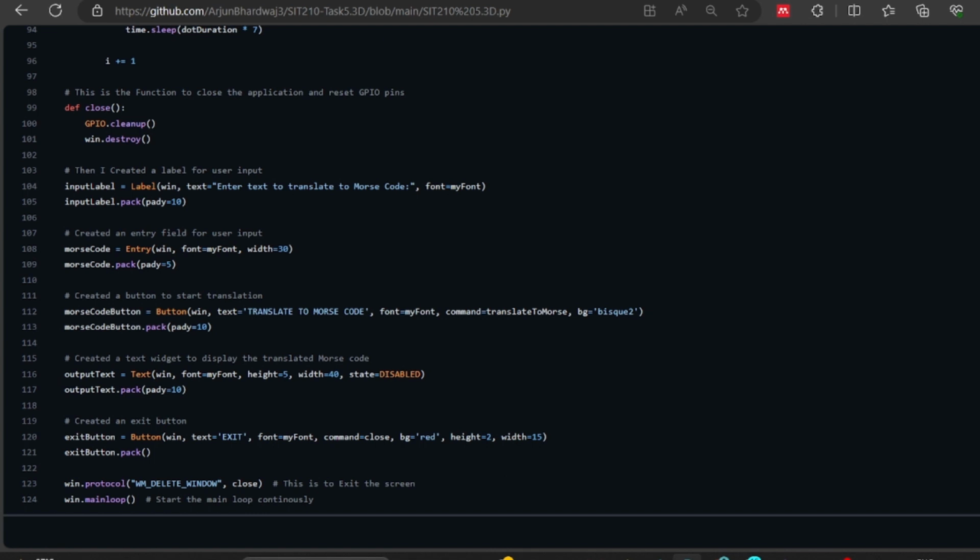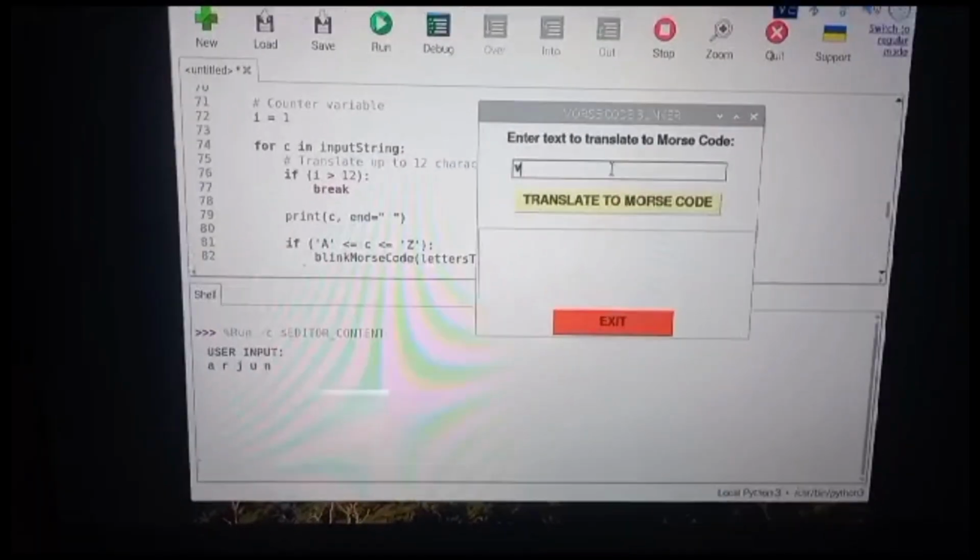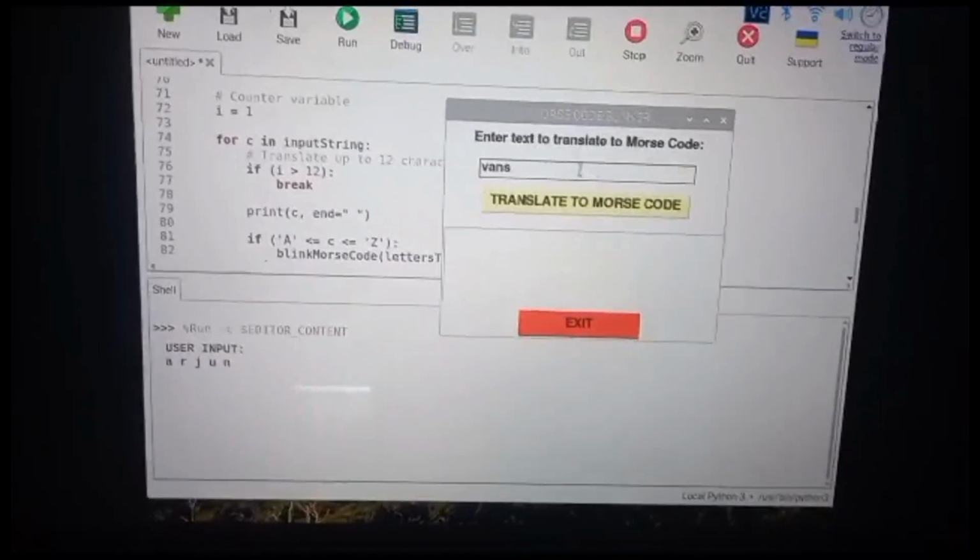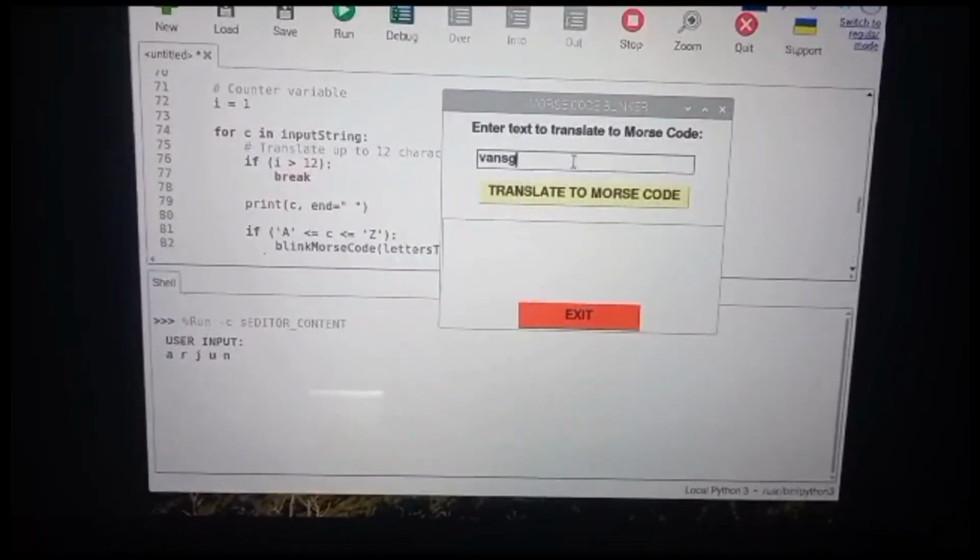Now creating GUI widgets. Labels, entry fields, buttons and a text widget are created to design the GUI interface. And finally the main loop, which includes protocol, sets up a protocol for when the user clicks the close button on the window. It calls the close function to exit gracefully. Then the main loop starts the main event loop for the GUI, allowing it to respond to user interactions. Overall, this is my code which creates a simple GUI for translating text to Morse code and blinking it with